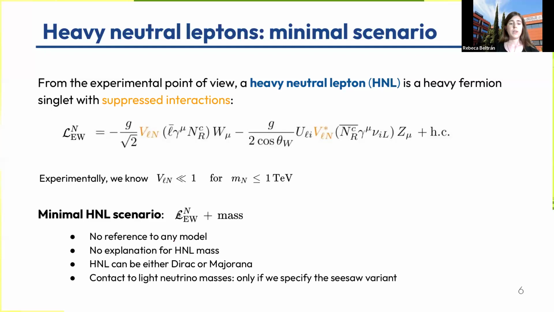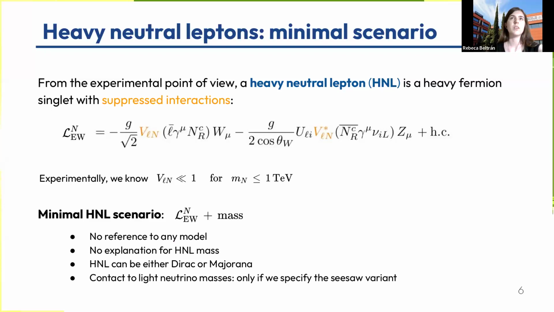So when we refer to a heavy neutral lepton, what we mean is a neutral object with some reduced coupling to the gauge bosons. We are not specifying its mass. We are not fixing if it's Dirac or Majorana. And also at this point, we do not explain neutrino oscillation data. So to relate to this neutrino oscillation data, one should specify the seesaw model, for example, the seesaw variant. So then